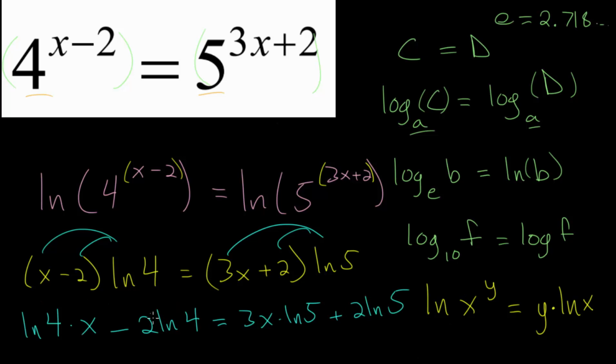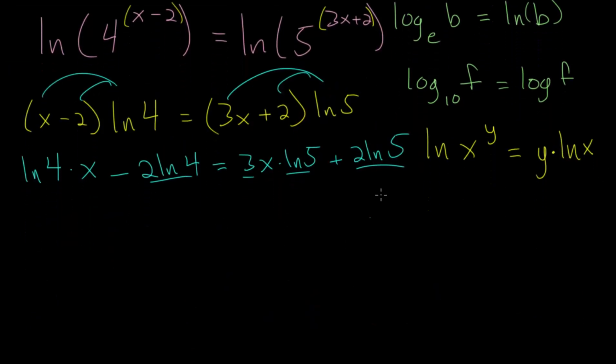And if we want to simplify terms like these, we can combine the 3 into this. We can essentially use this property in reverse, put the 2 back on the inside, and it would become 4 squared, and rewrite that as the natural log of 16. That is a preference if you prefer to maybe clean it up a little bit, but let's do that just for some extra practice. We would have x multiplied by the natural log of 4 minus the natural log of